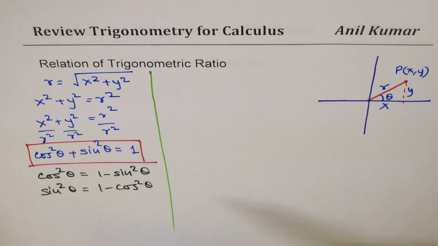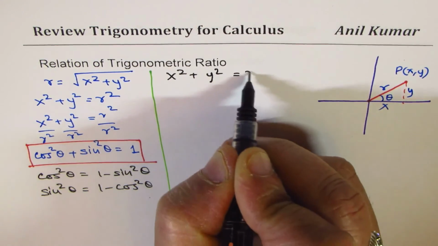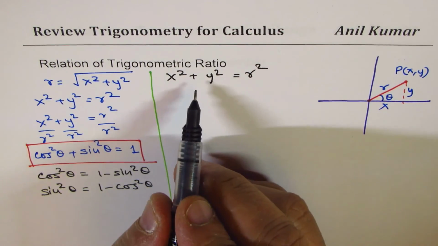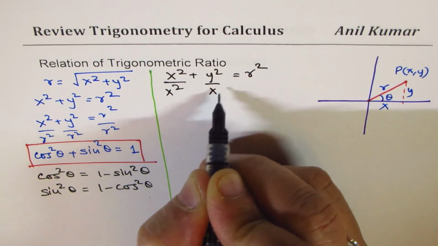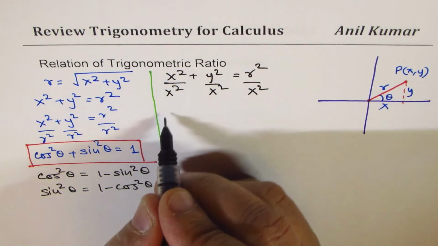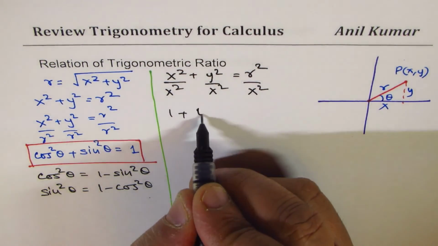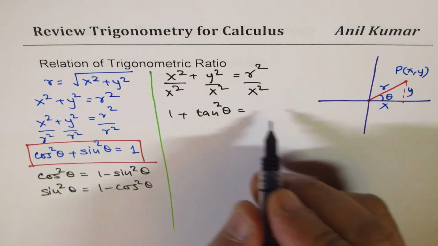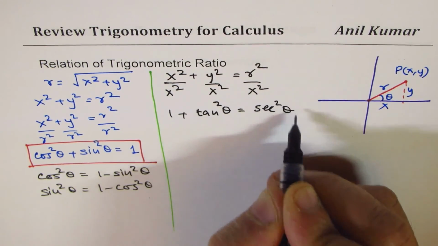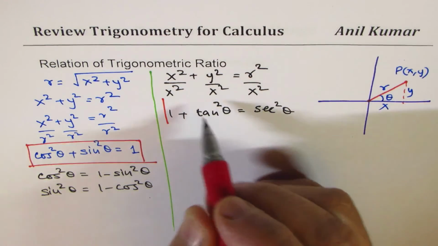Now you'll also observe one more thing, that if I start with the same expression x square plus y square equals r square, instead of dividing by r square, I could even divide by x square, correct? What do I get? x square over x square is 1, y over x is tan, so we get tan square theta, and r square over x square is secant square theta. So we get another expression, and this is the second trigonometric